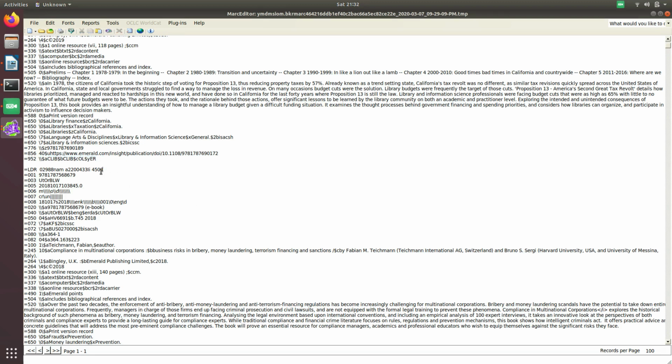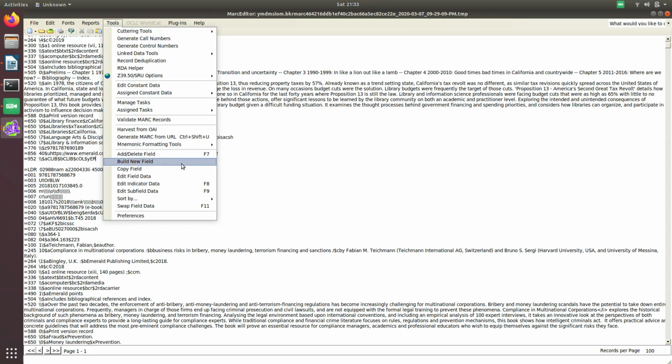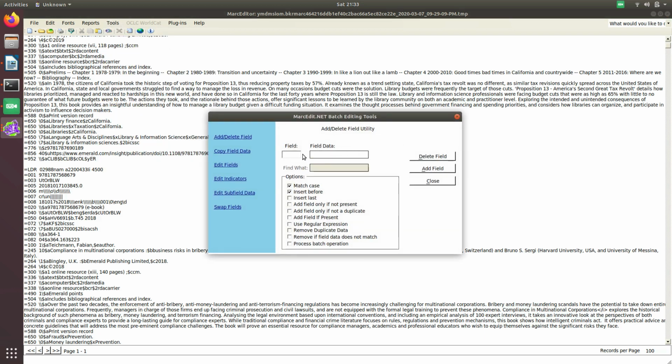And finally we have to add one more field, that is 942 $C, the item type. So I'll add here 942 and the data $C, ER, that is the item type.